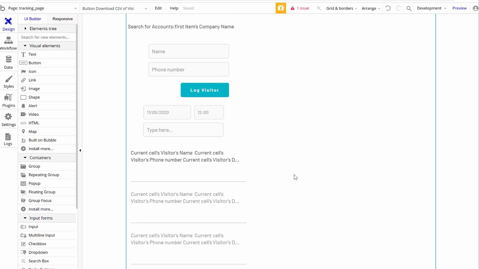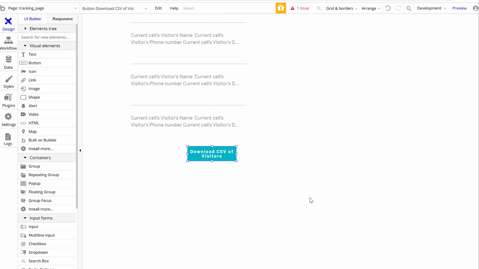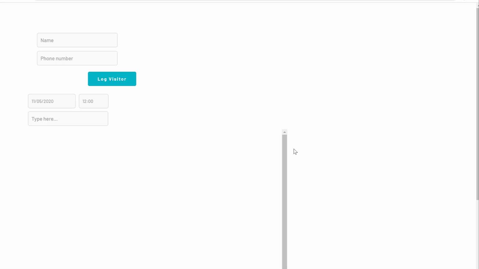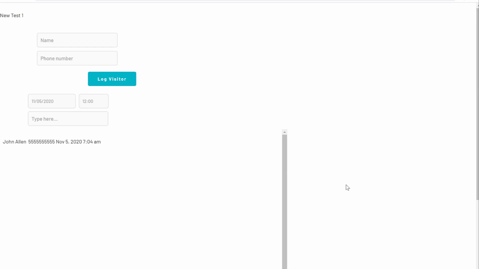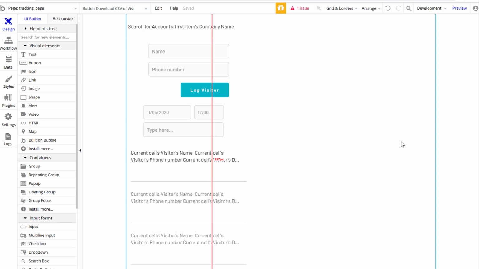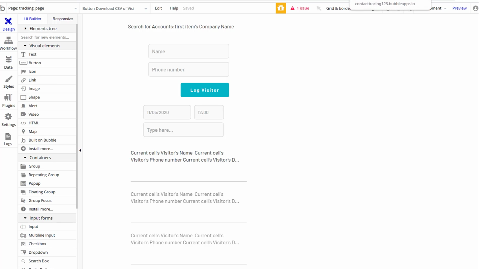I am not going to upgrade the account to give me the ability to download a CSV, but as far as having it live on a web page, it's just pushing a button and it'll download it. See, CSV is not possible under this plan, but I'm not going to upgrade my plan for a,